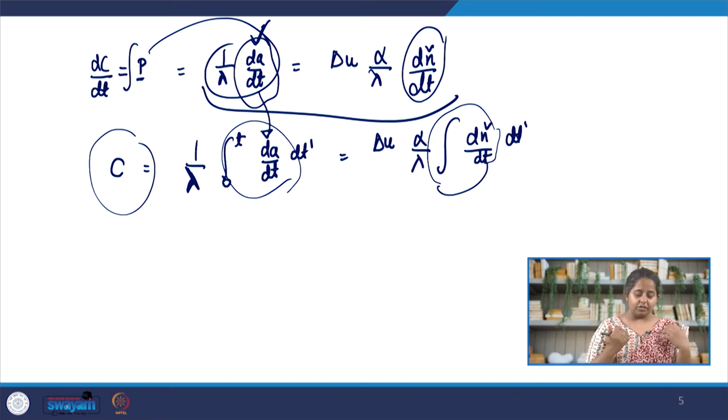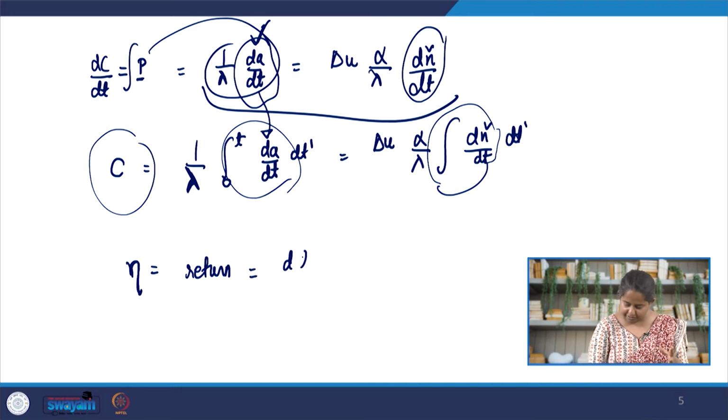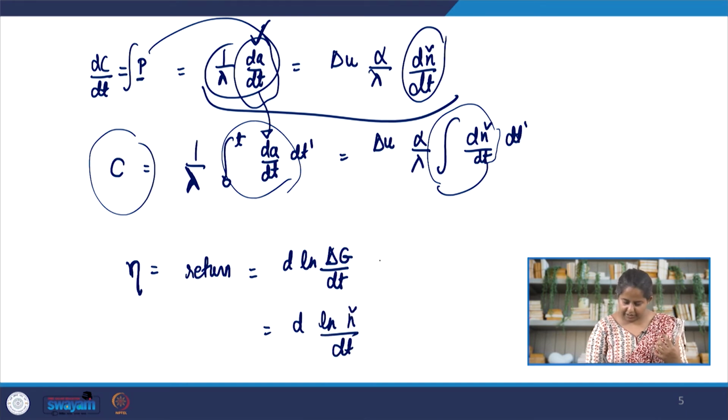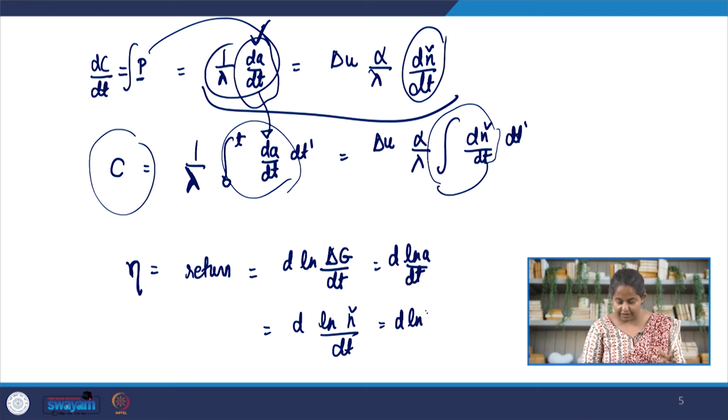Now, the author also introduces a different term, which is this. This is information on return. The author introduces a new variable which represents return, and the return is basically the rate at which the energy difference between the two potentials is changing with time. It is also proportional to the rate at which the material units are changing with time, the rate at which energy consumption is changing with time. They are all linked with each other, and to the rate at which global wealth is changing with time.